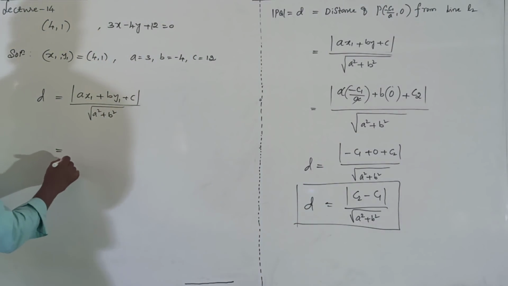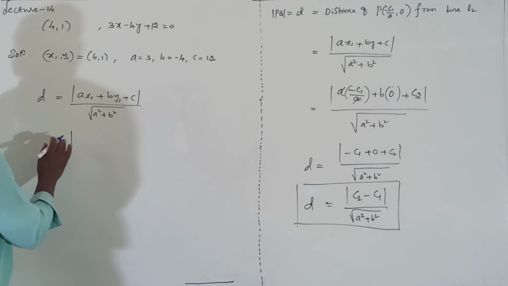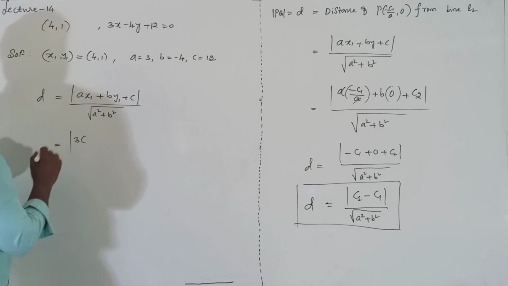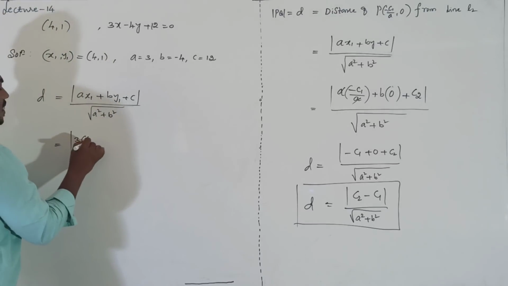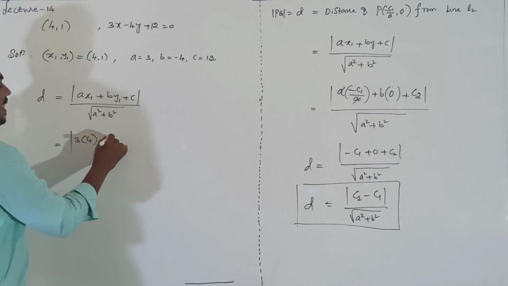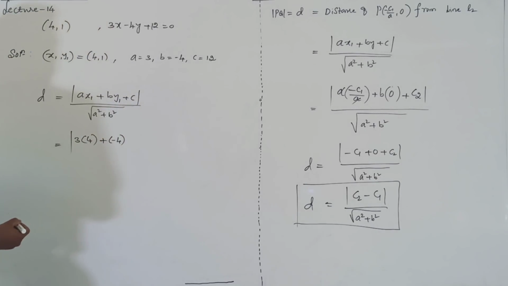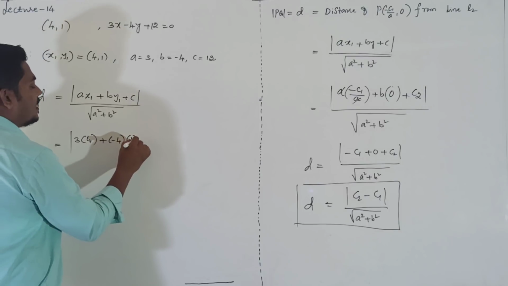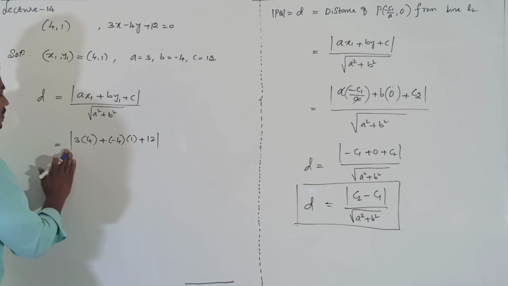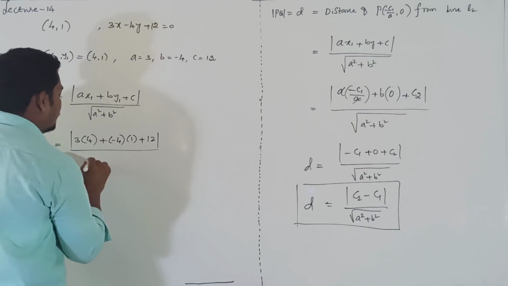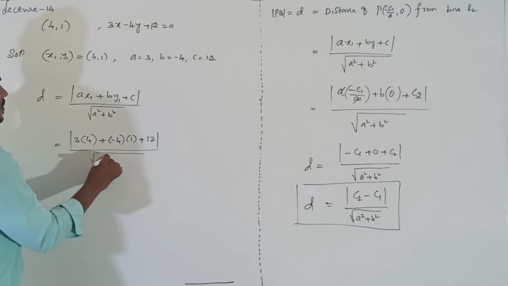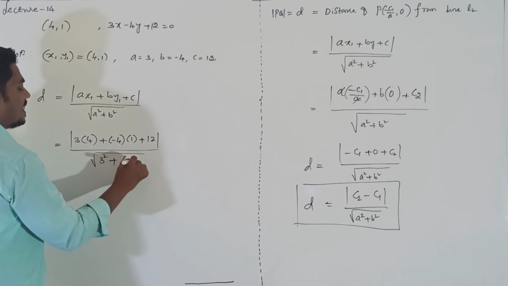Now replace all the values in this problem. Clearly a value they given, that is 3. In this case, what is x1? x1 is 4, right? Plus what is b value? b value minus 4 into what is y1 value? 1 plus what is c value? 12. Whole thing divided by square root of what is a value? 3 whole square. What is b value? Minus 4 whole square,